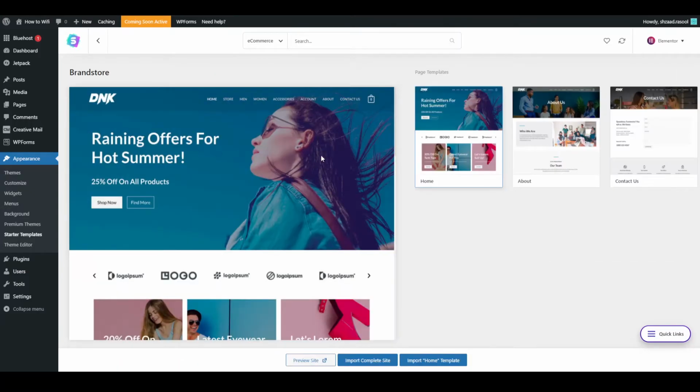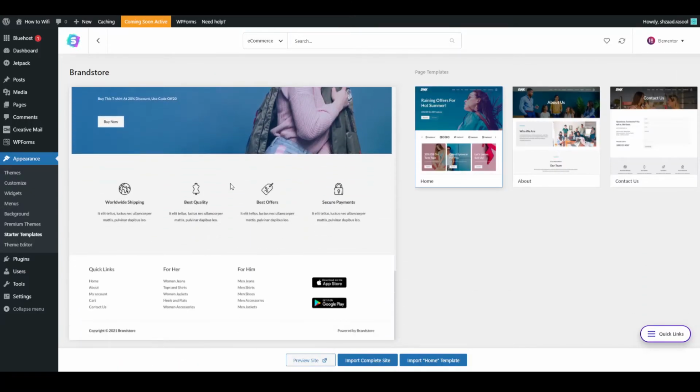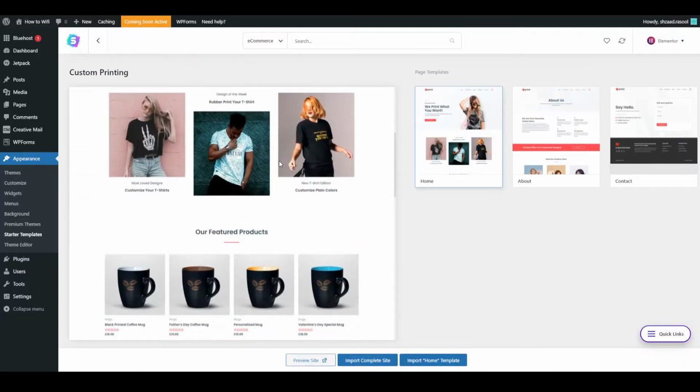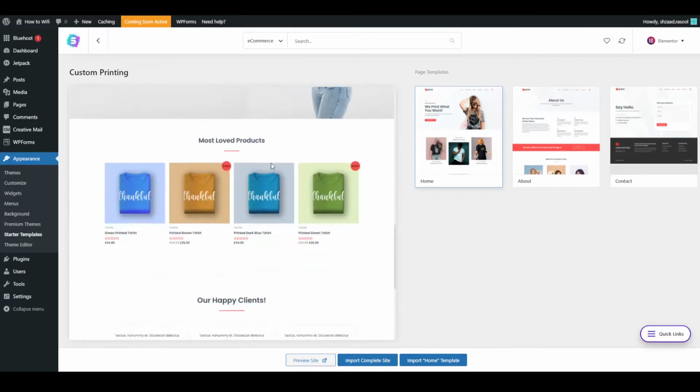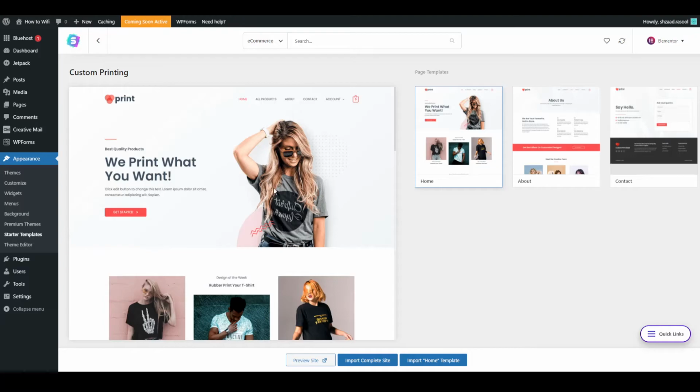So let's suppose we want to choose a template for our website. Let's choose this one, and to choose any template you have to simply click here, import complete site, or you can import a single page if you want, but I'm going to import the complete site. So click here,